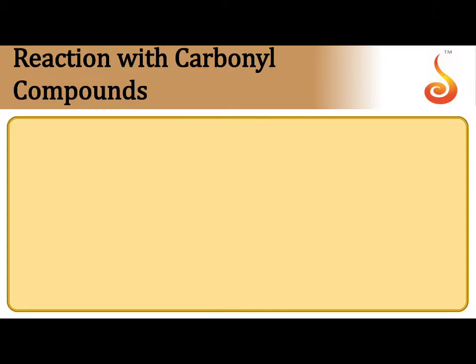Reaction with carbonyl compounds. How does Grignard reagent react with carbonyl compounds? First of all, what are carbonyl compounds? They contain the carbonyl group, that is C double bond O group. They can either be aldehyde, represented like this, where it is compulsory to have one hydrogen attached to carbonyl group,